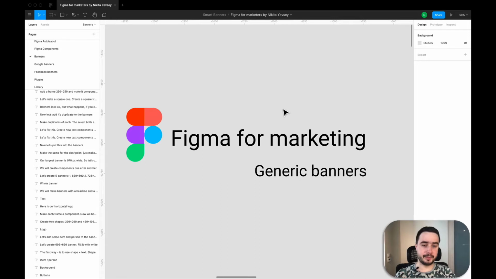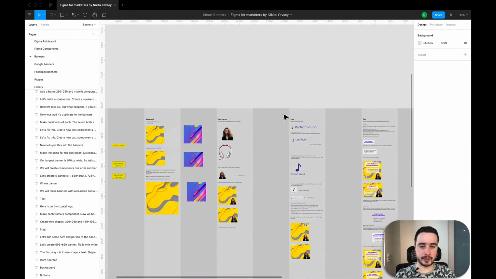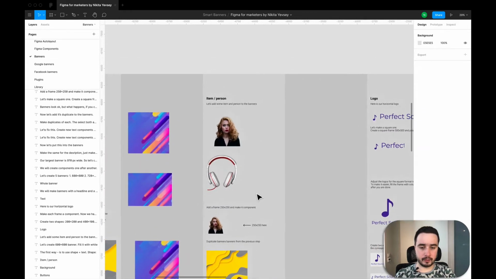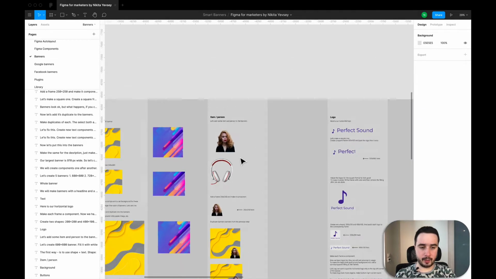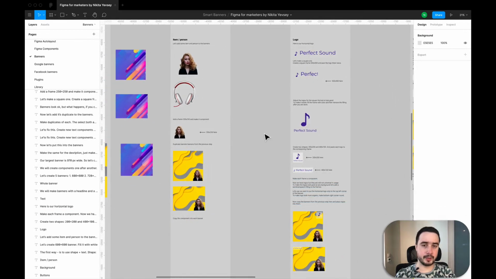Item or person. Sometimes you want to add some item or person or both of them into your banners, and let's look how to do it, how to create these components. We have two of these examples. For the future we will create banners for some random